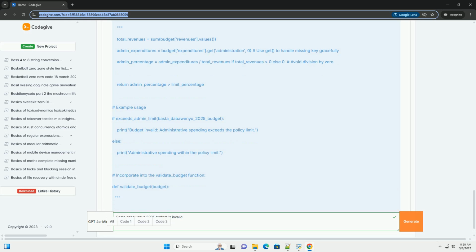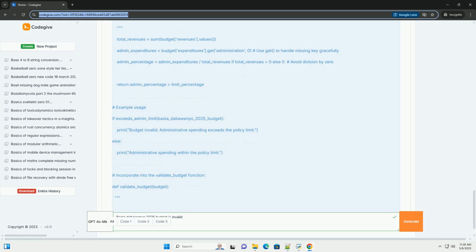This scenario is harder to code directly without more information on historical trends or external economic forecasts. However, you can still add a basic check. Explanation: check_revenue_growth compares this year's total revenue to a, hard-coded in this example, previous year's revenue.